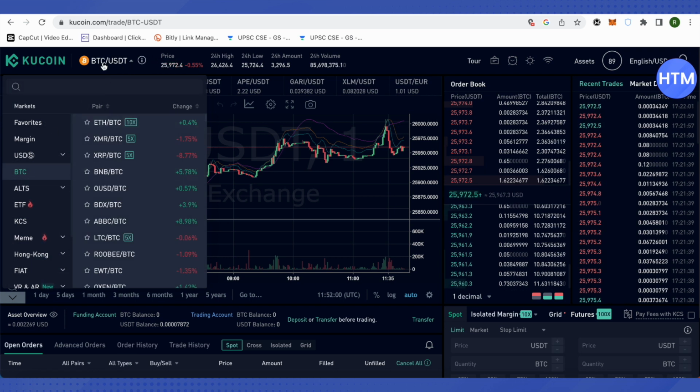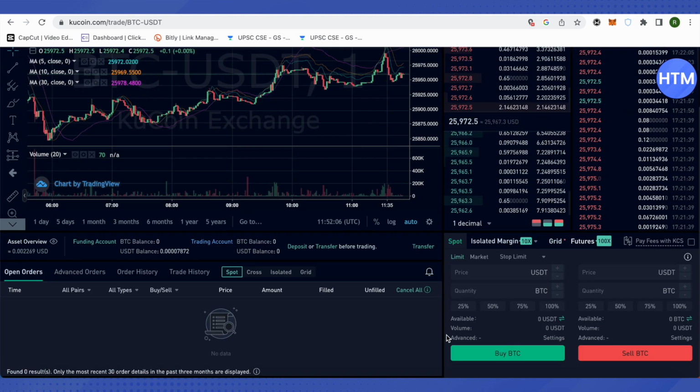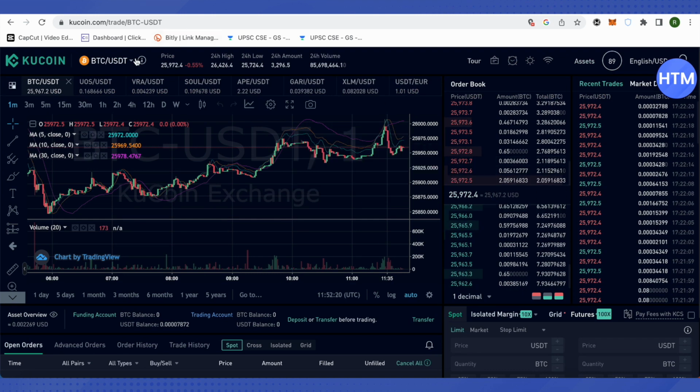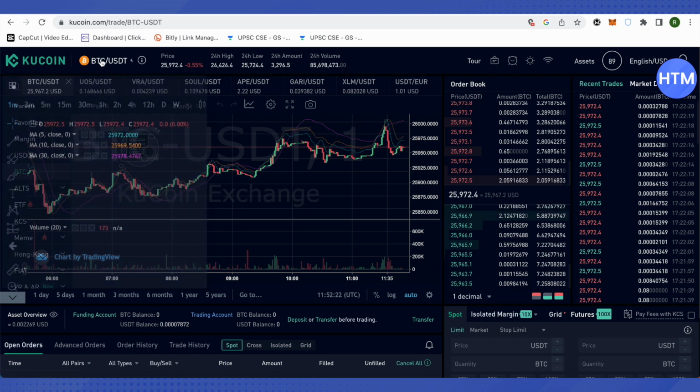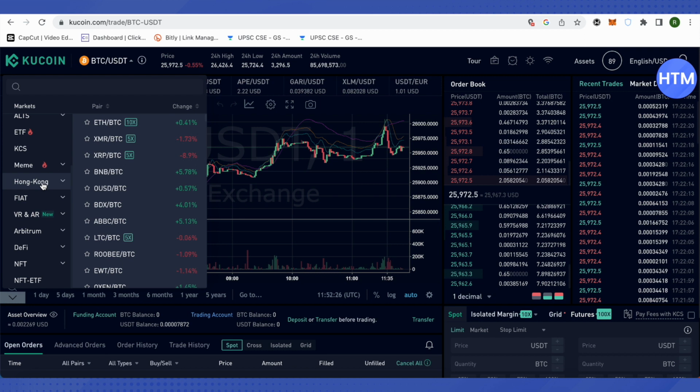Suppose I have Bitcoin, so I would just select this pair of BTC to USDT, and over here I will just scroll down and sell Bitcoin for USDT by putting in the price and quantity. After that I will be collecting all the USDT in my account for all the cryptos, and after that I would just open up the trading account, and over here when I just scroll down I will find this option